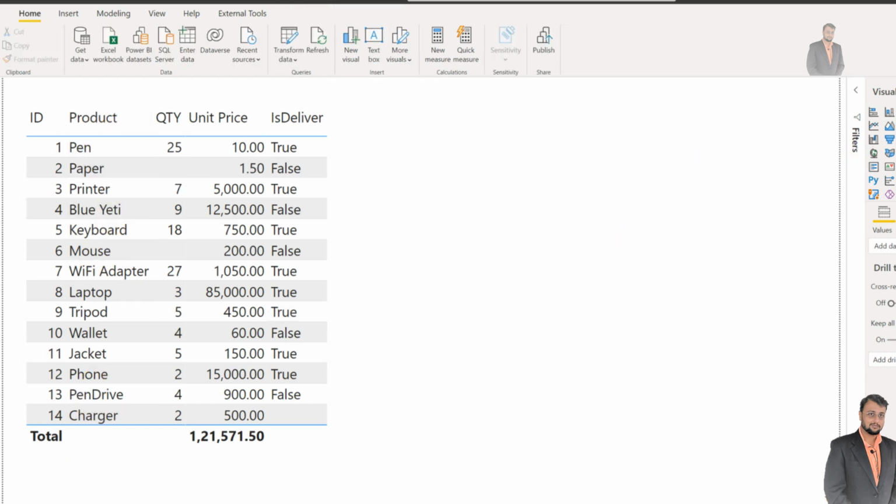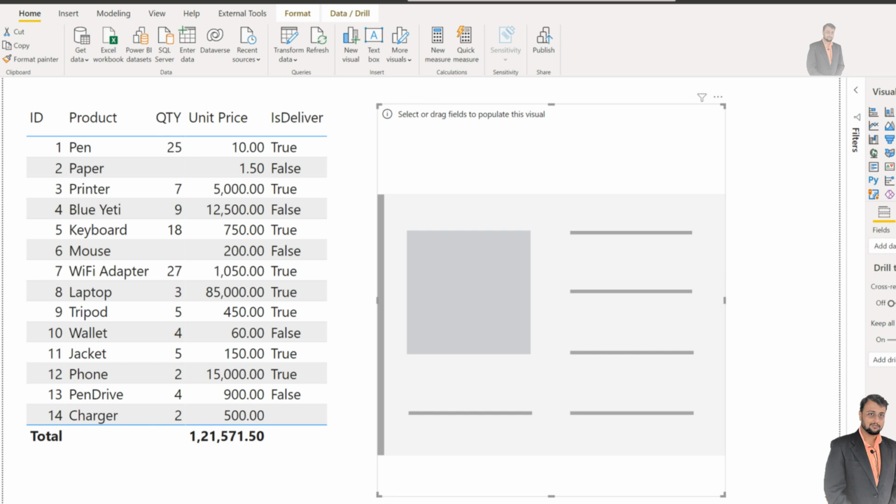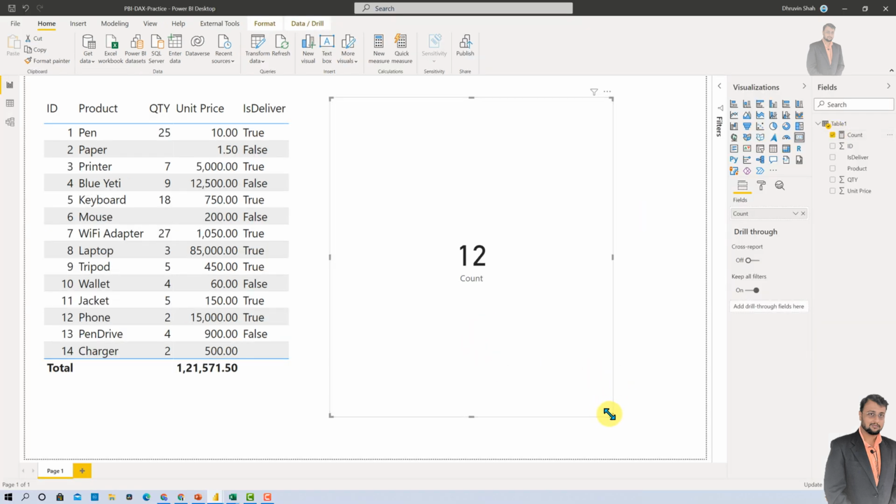And now let's see the end outcome. I'm putting the card and placing this over here, so it shows the non-blank values. Two values are blank over here, so it has returned the result as 12, which is obviously perfect. So the count function will return non-blank values from your data. One more important thing, at this moment the count function only supports numeric, date time and string data types. It is not supporting the boolean data type.